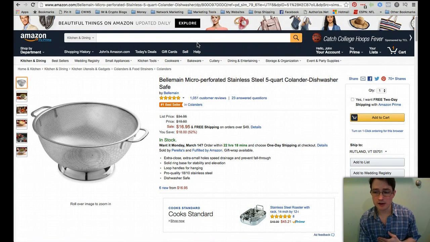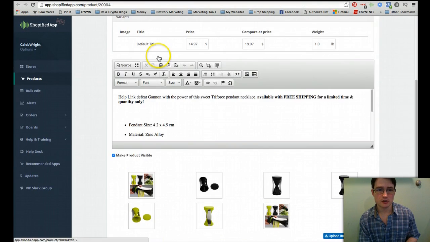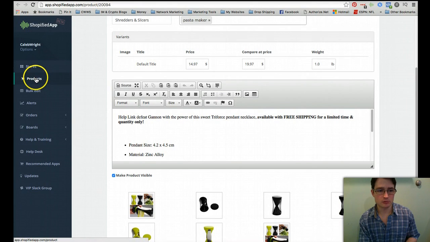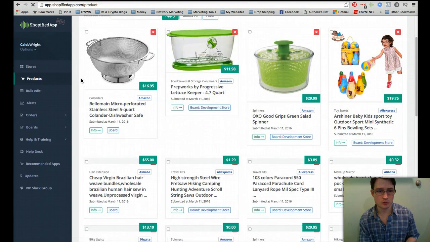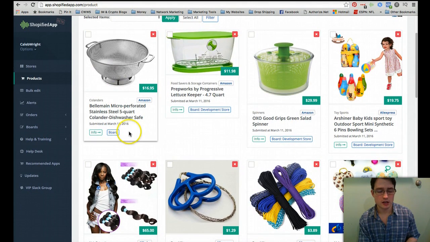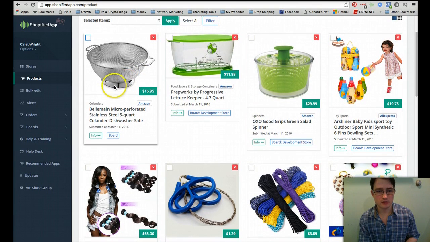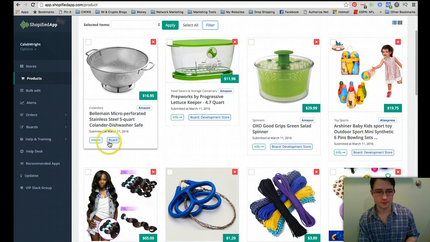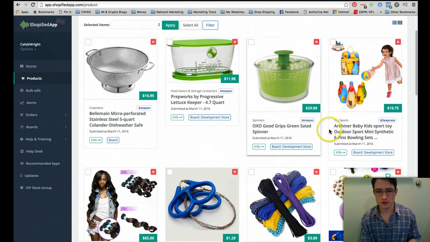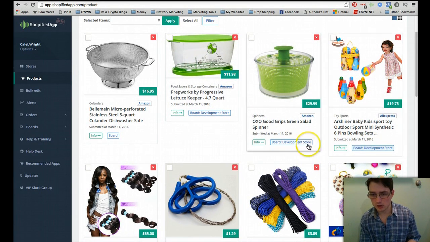Now let's go to the back office of the app real quick, and I'll show you what that's like. So click here, and you can go to products to show all the products that we've uploaded. And there's the last item that I uploaded to the Shopify app. And we can sort these items. As you see, like these two items here already have been sorted onto a board. It's like they have a sorting management system.